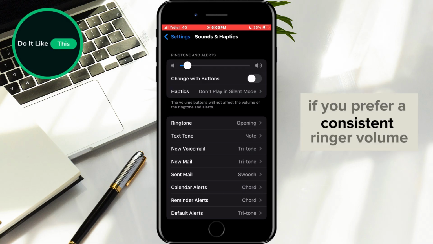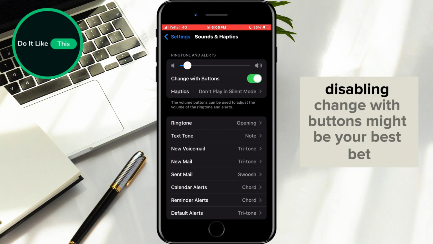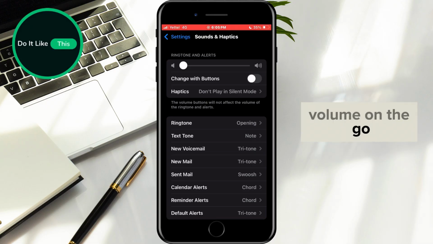If you prefer a consistent ringer volume while keeping control over media sound, disabling Change with Buttons might be your best bet. On the other hand, if you often need to adjust your ringtone's volume on the go, keeping it